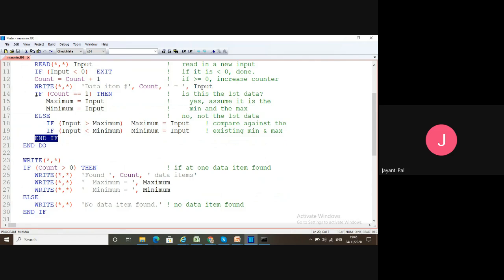That means here I started an if-then and else, and then closed the conditional statement.